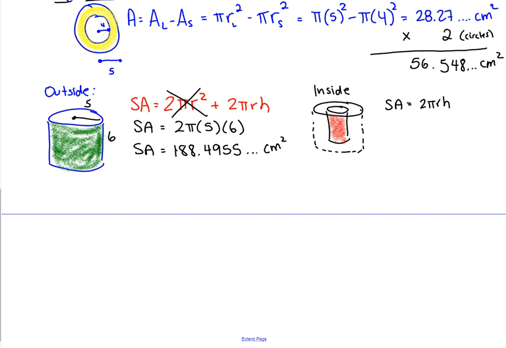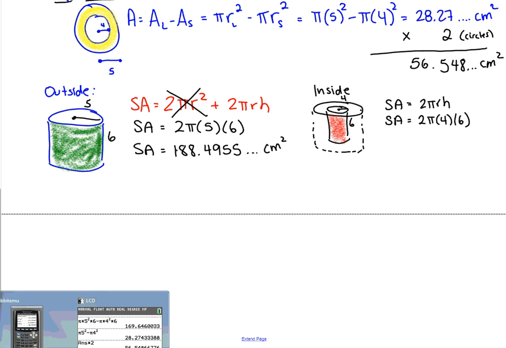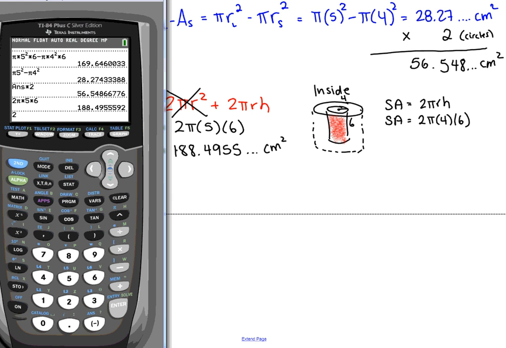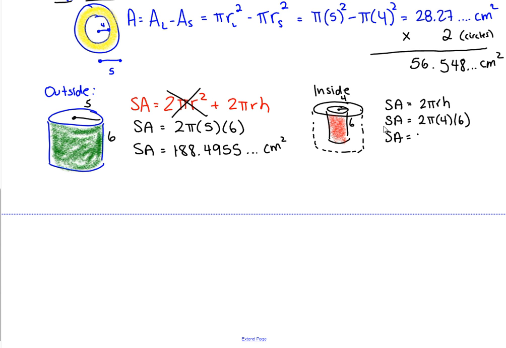We don't need the circle top and bottom. So then 2 pi, what's the radius of this guy? 4. What's the height? 6. Pi 4 6. 150.79... Okay, so the last thing we want to do,